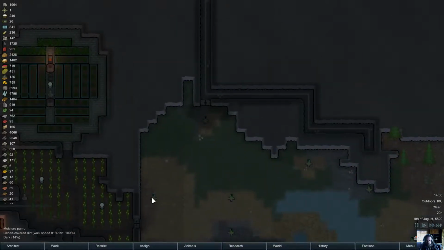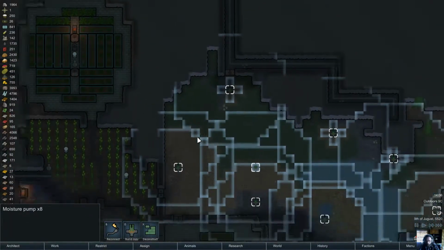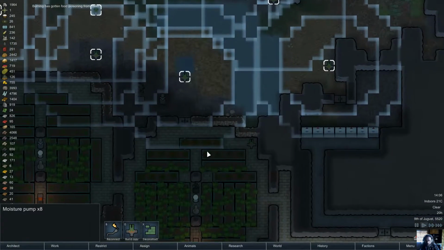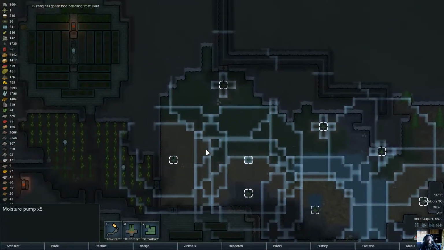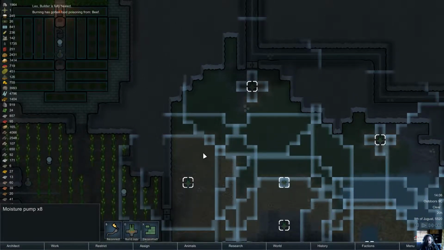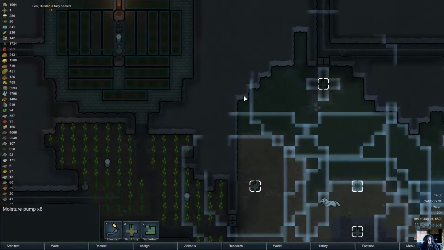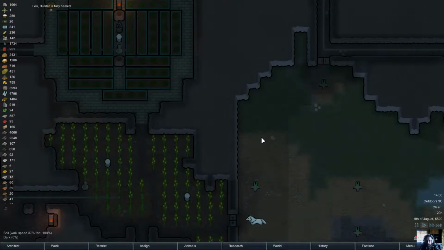There's one little hole in this mess. Where is it? Bonk. There's a little hole here. I think I got everything else covered by jamming in extra pumps. It's a huge expense in wattage, but we can sort of barely handle the wattage of it, which is good. You've got to have a robust energy system, but we've got one little hole here. So when all is said and done, I'll move a moisture pump in right next to